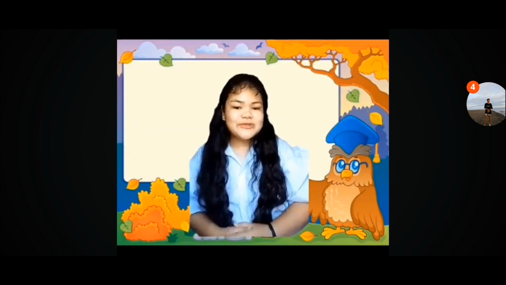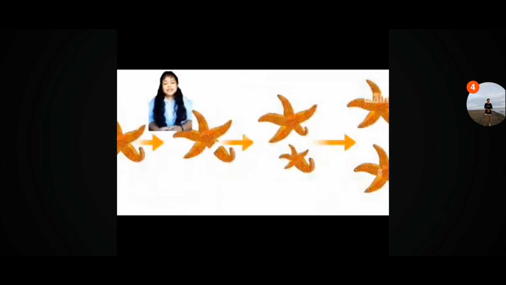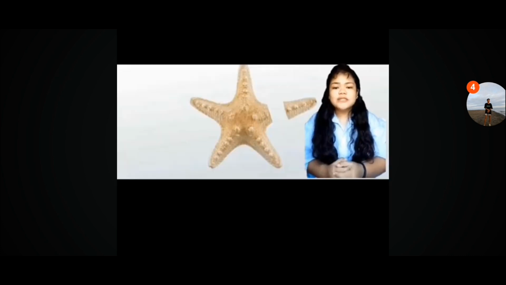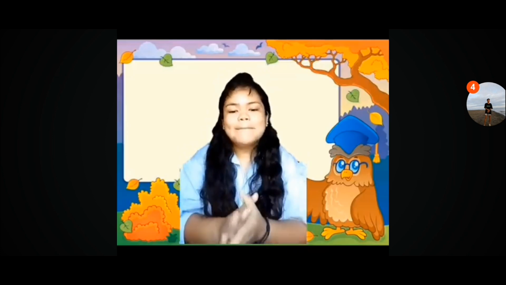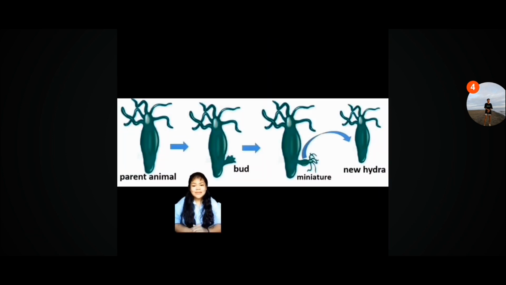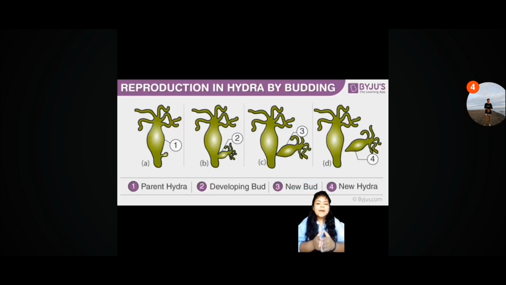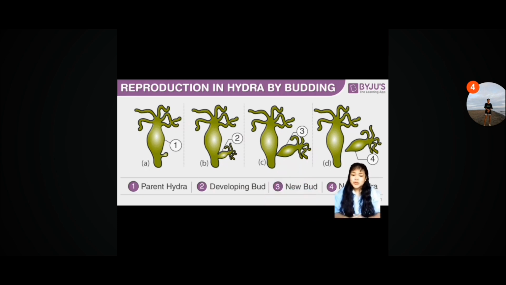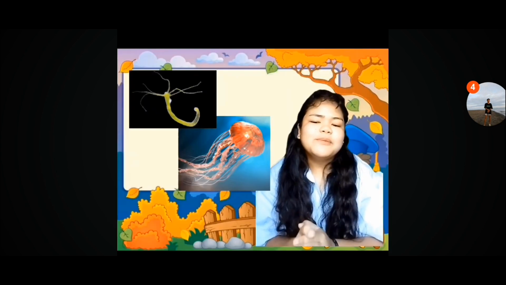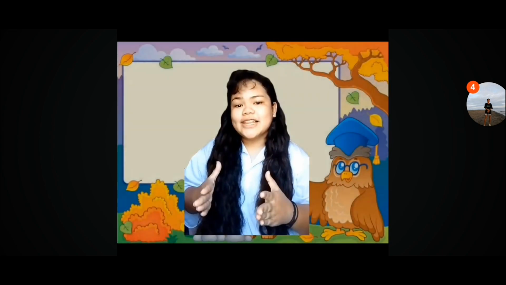The second one is fragmentation. Fragmentation is a form of asexual reproduction in which an organism splits into fragments. Each fragment develops into a new individual genetically identical to its parent. The last one is budding. Budding happens when an outgrowth of the parent animal develops into a new animal. A bump appears on the parent's body, grows into a bud, and eventually becomes a miniature copy of the parent. The young continues to grow while still attached to the parent and eventually detaches when it is mature enough to survive by itself. Examples are